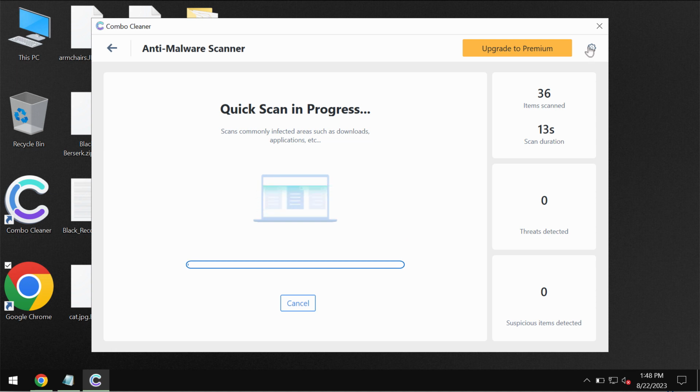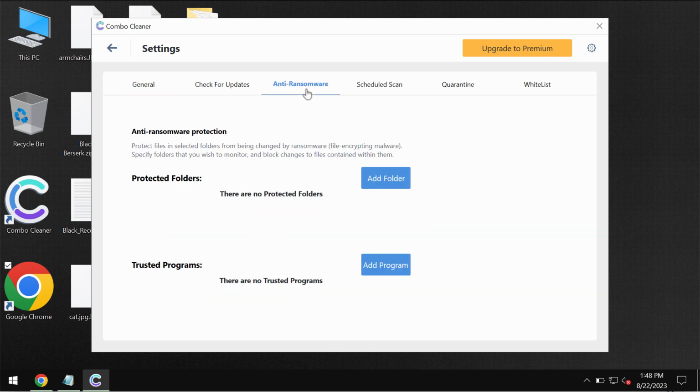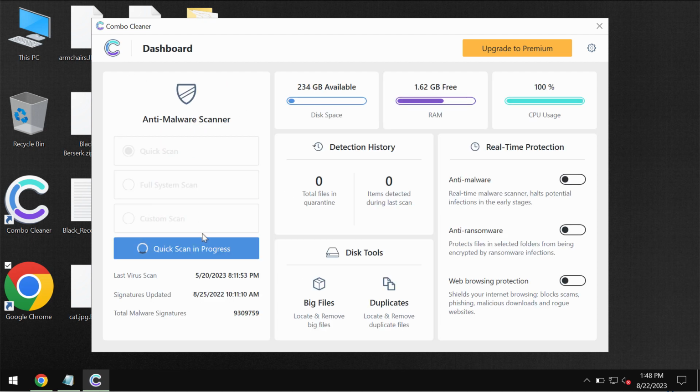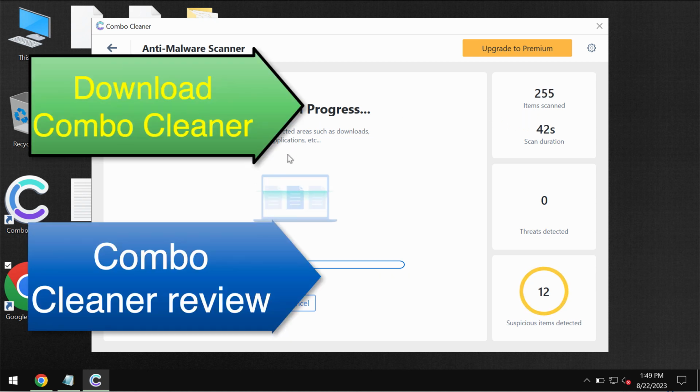Keep in mind that Combo Cleaner does not decrypt files. It has got anti-ransomware feature which allows you to add certain folders for protecting the data in the future, but Combo Cleaner does not decrypt files, and there is no other antivirus which would be able to actually decrypt the files. So you need to wait certain amount of time until the scanning has been successfully accomplished